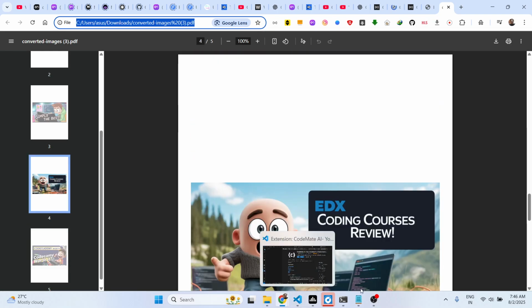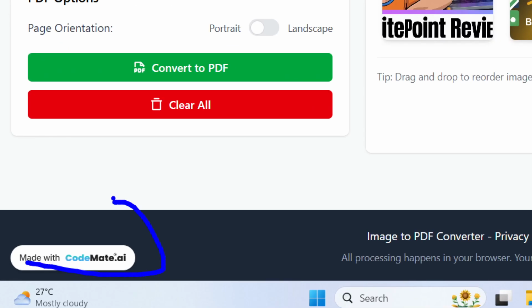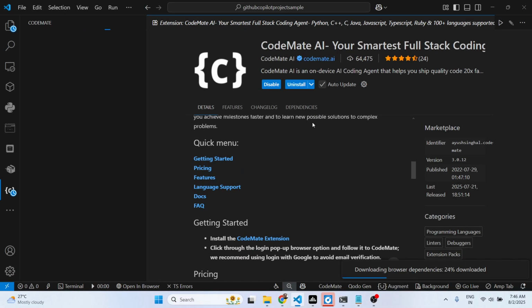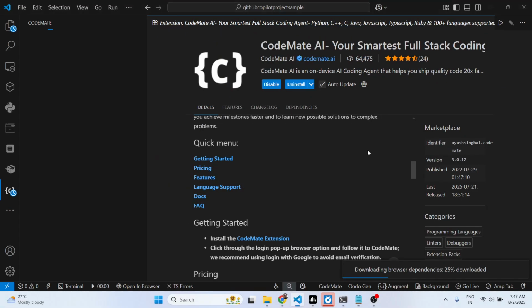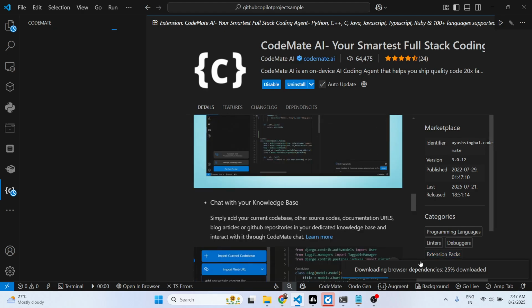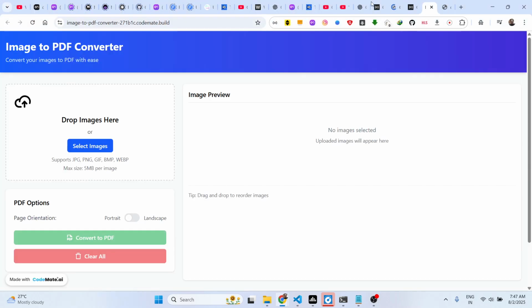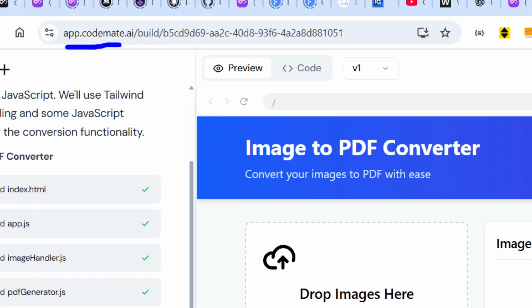So in this easy way, guys, you can see you can build out a full stack application using this CodeMate.ai platform. It's similar to Claude, Cursor, and Gemini. It's a great alternative, and they do offer their VS Code extension as well. Simply install this extension, which provides you with all the features. They do offer their web interface as well. If you don't want to install the VS Code extension, you can access their fully made IDE in the browser,